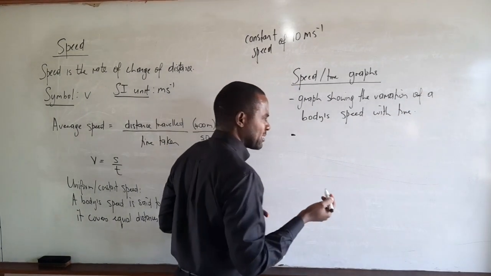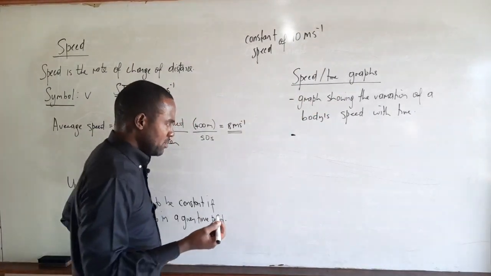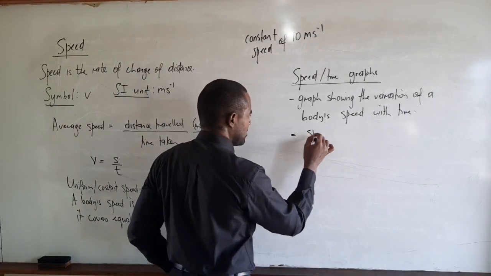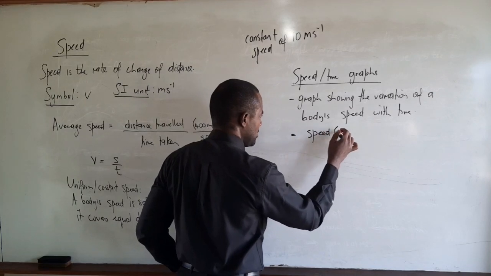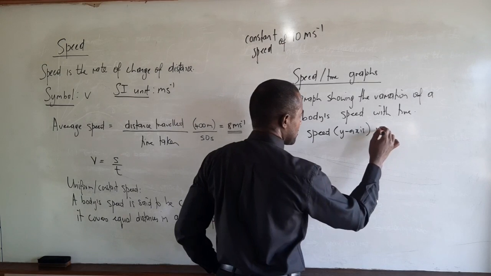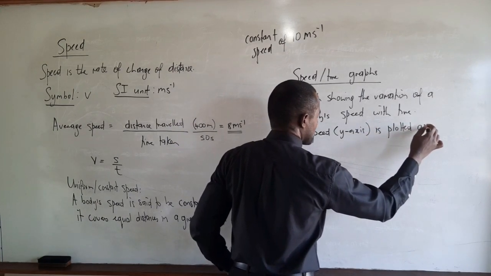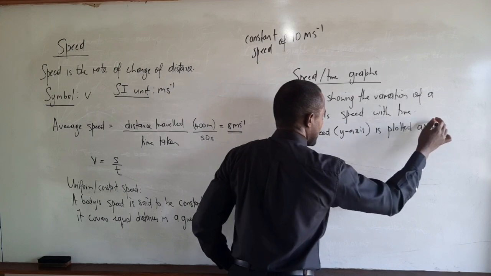And as expected, speed goes on the y-axis, so speed on the y-axis is plotted against time